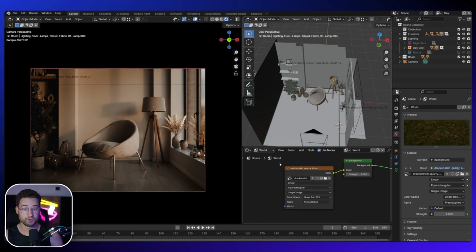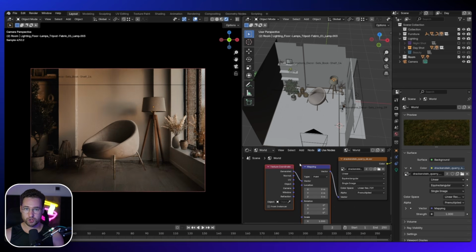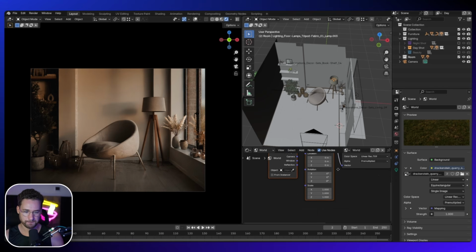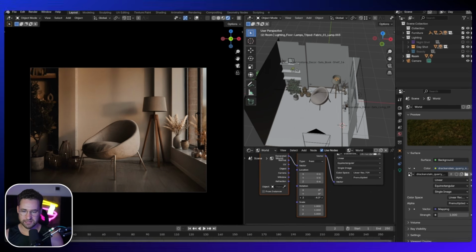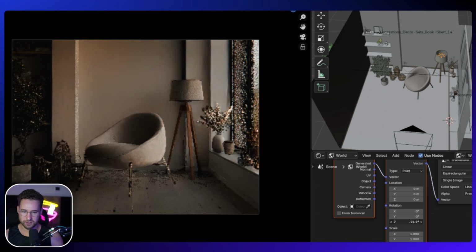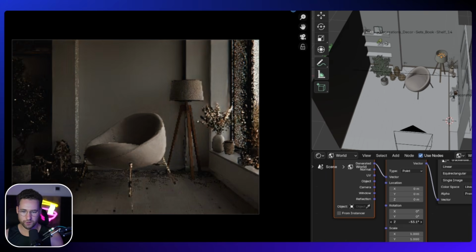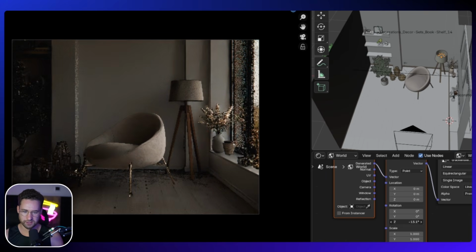Okay, now I want to rotate it. So I'm just going to click on this one and do Control T with Node Wrangler enabled, which is an add-on. You just type in Node Wrangler. And then what I'm going to do is just rotate this around until I find something which might look quite nice. So I think I'm going to go for the part where you could kind of see that there was